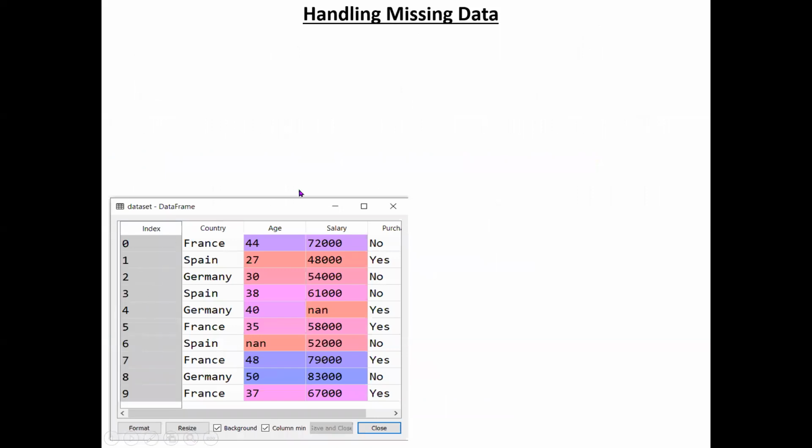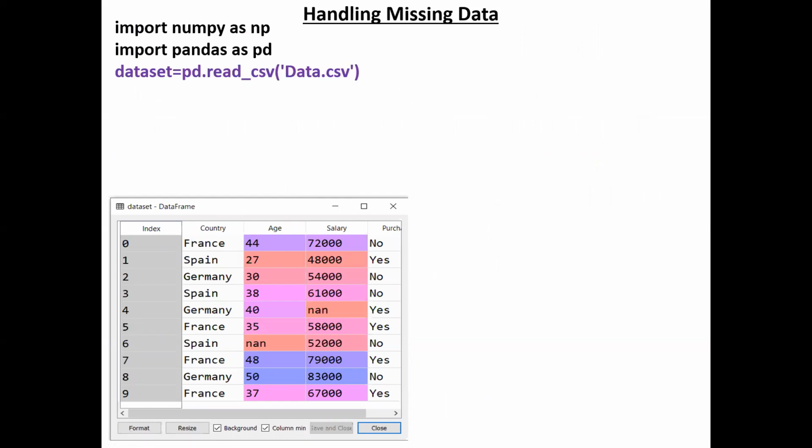For example, if this is your data set, as I showed you in the previous example, which is loaded. Now you need to load the complete code. We will see. import pandas as pd. Actually, import numpy as np is not necessary here. We are not using it. Why do we use pandas? To load your data set. I showed in the previous video how to load a data set. So simply use the syntax: any variable name or object name equal to pd.read_csv and the data set name. If you type these two lines, the first is not necessary, then your data set is loaded into Spyder.